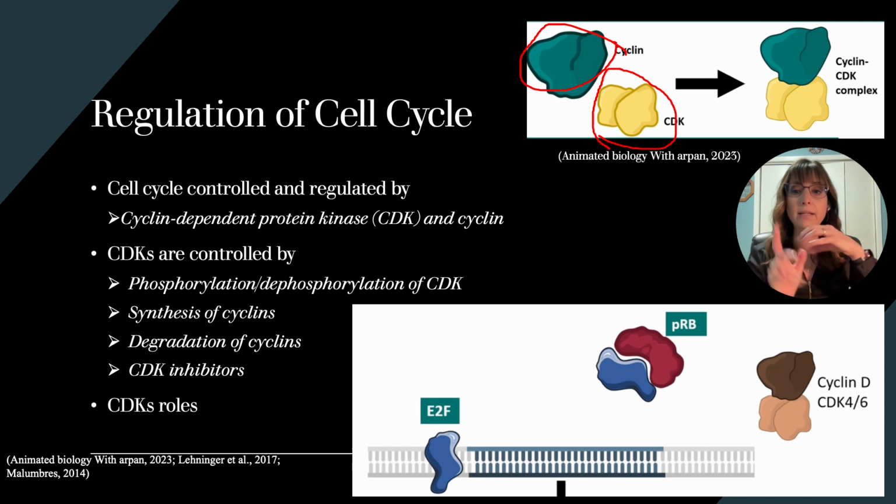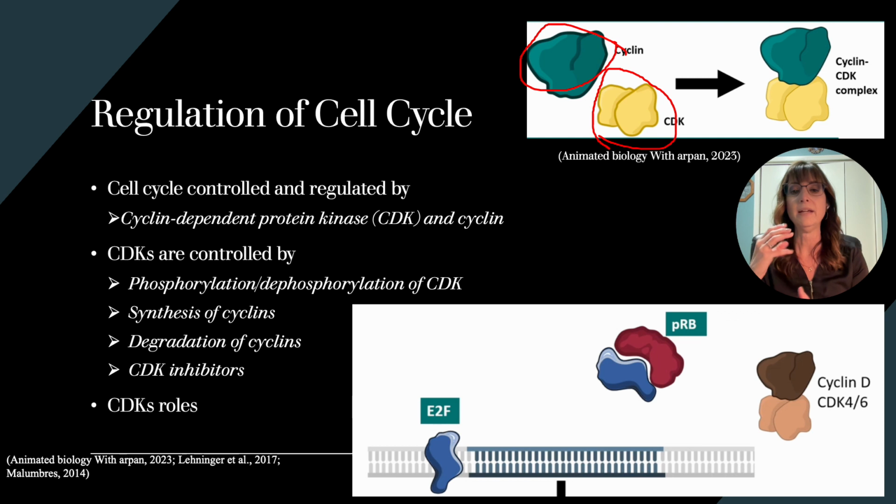Now, that is not activated, and here's why. In the cyclin-dependent kinase, there is a tyrosine 15 residue, and it's phosphorylated. It has a phosphate group, and that blocks the ATP binding site. Well, on the other side of the CDK is a threonine 160. And that gets phosphorylated. And when that gets phosphorylated, this tyrosine 15 dephosphorylates. So now that ATP binding site is open and ATP can come in and bind, and the whole complex is